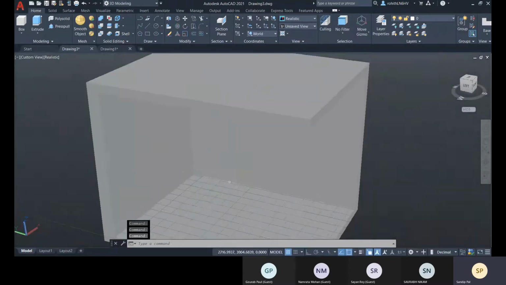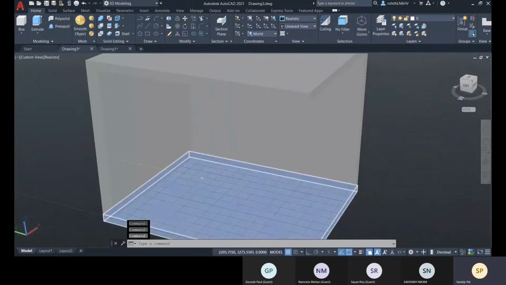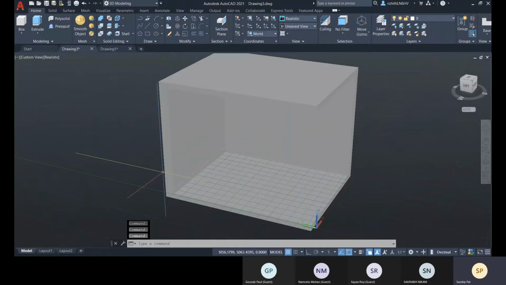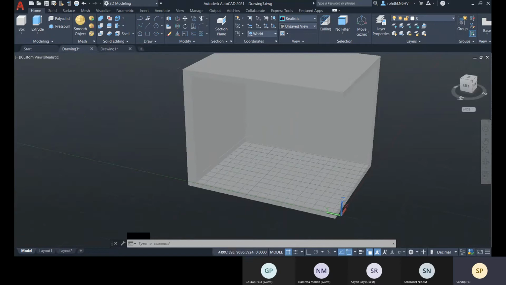And if you want anything like furniture and all, you can do it. So for that, I already have some furnitures, so that we can put in, okay. So for that, what we'll do is I will go with external reference.